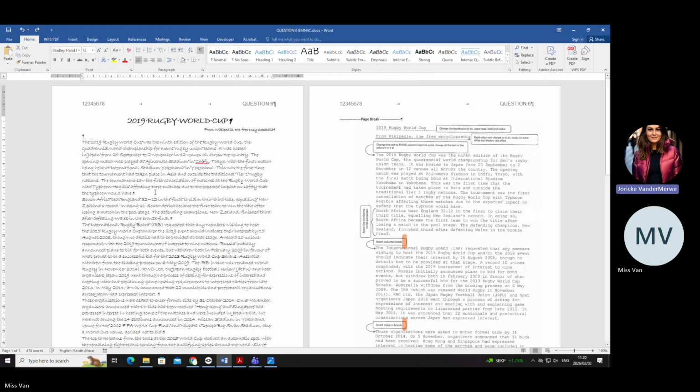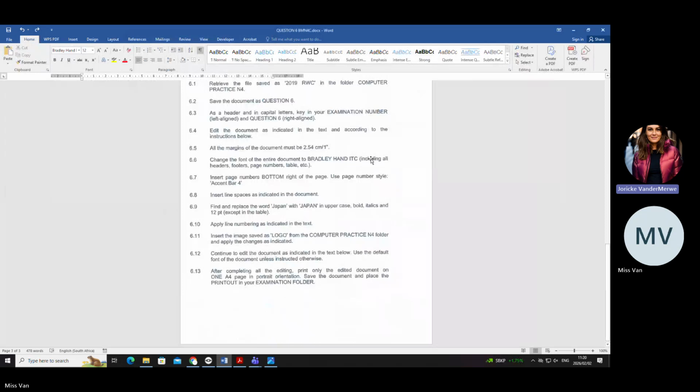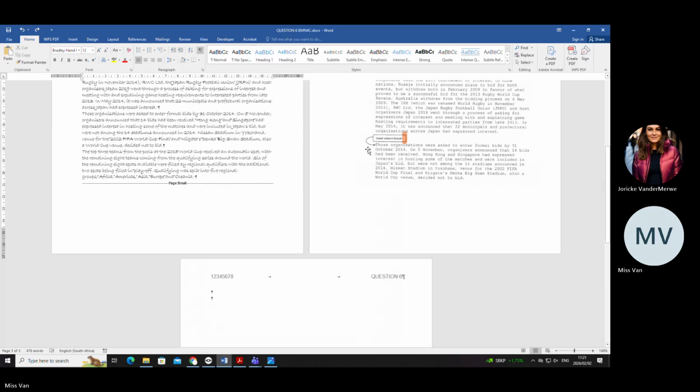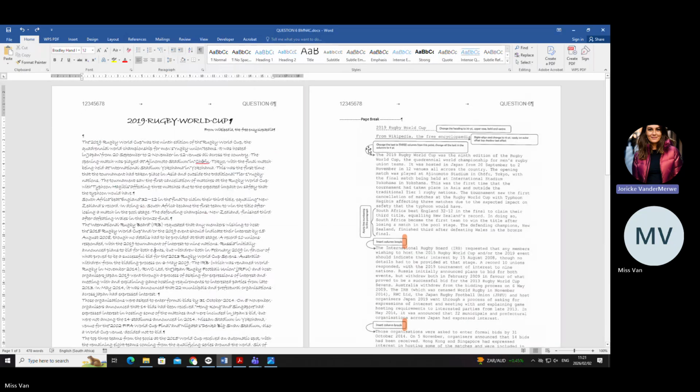Now, read the part that's given to you in brackets. Please don't fall asleep. You need to stick with me now. Read the part that is in brackets. What's said in brackets there? Including all the headers, footers, etc. Okay, are you with me? Darlings, they're not always going to tell you that part which is in the brackets. You need to be able to know that. And I'm telling you this once, and it's probably the only time I'm going to tell it, except if you watch myself on replay on YouTube.